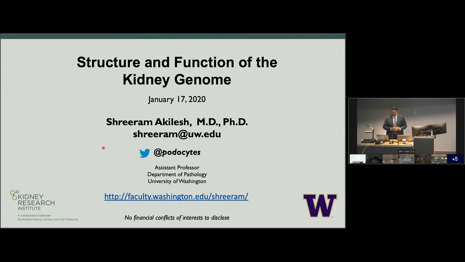So the topics I'm going to talk about today really take across a wide swath of things. We're going to talk about kidney genetics. I'll even talk a little bit about kidney cancer, which is topical since a fellow nephrologist won the Nobel Prize last year, Sir Peter Ratcliffe. And lastly, I'll introduce some new unpublished work, which I think is going to be very exciting in the field of cell-free DNA. I'll try to connect these together in terms of the basic biological studies I'm doing in epigenetics and epigenomics, and how that can translate into real, tangible insights and potential interventions for our patients. Okay, so I have no financial conflicts of interest to disclose.